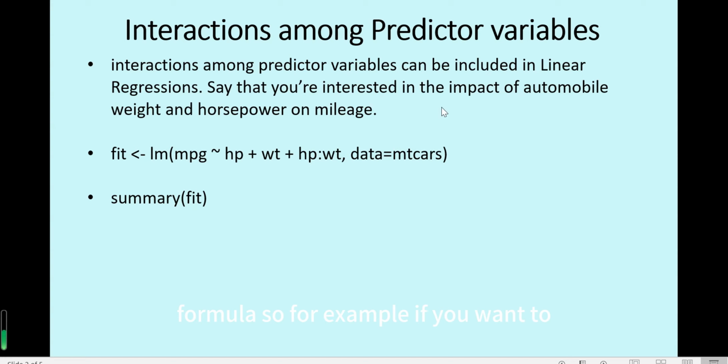For example, if you want to include the impact of the weight of the car and the horsepower of the engine in a linear regression where the dependent variable is miles per gallon,